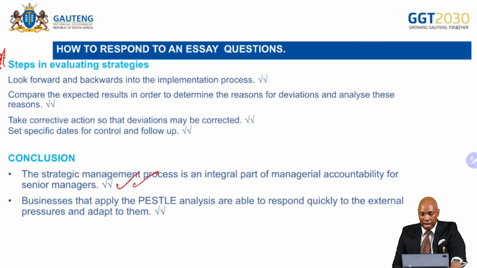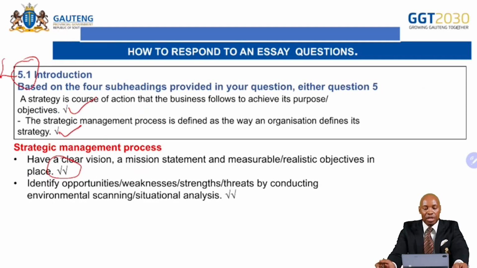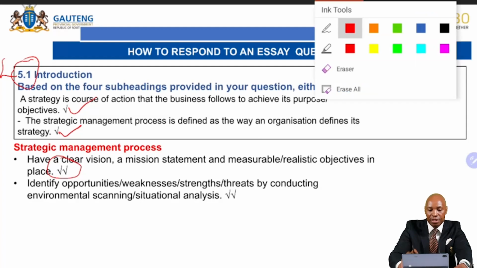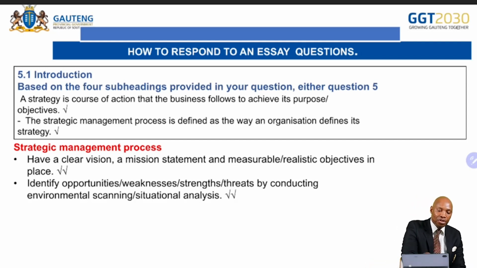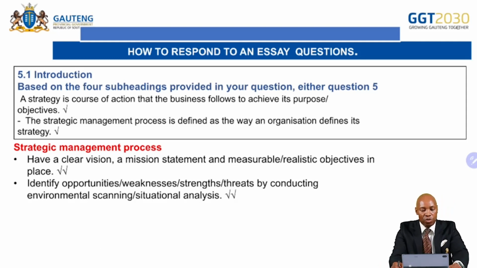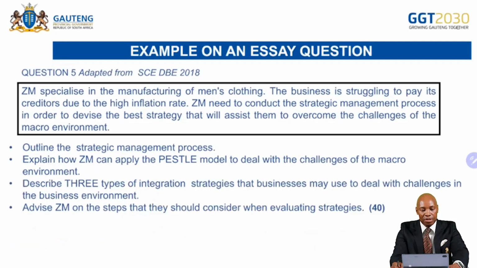Now, candidates, let's look at the marking of the introduction and the marking of the conclusion. You see, in your conclusion, you have 2 marks. And then in your introduction, you have 1 mark. Let's go back to the introduction. You see, just for giving a statement, let me just clean this for you so that you can see clearly. Good. Now, there you are with your introduction. In your introduction, you defined a strategy, then you've got 1 mark. But then with your conclusion, then you had your, let's go.